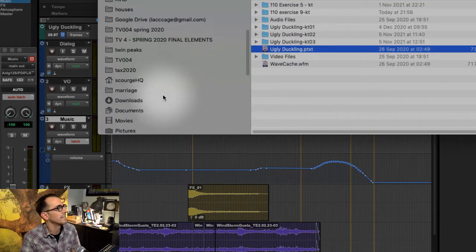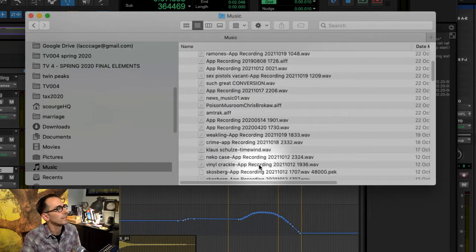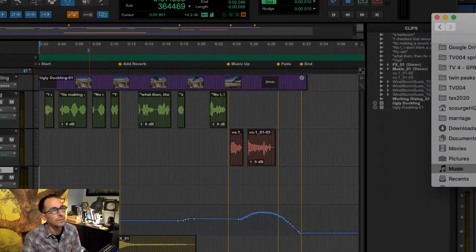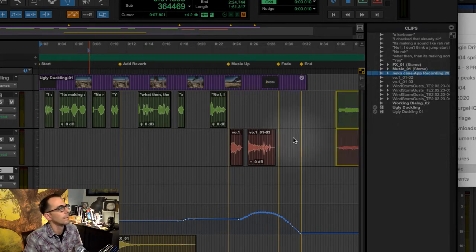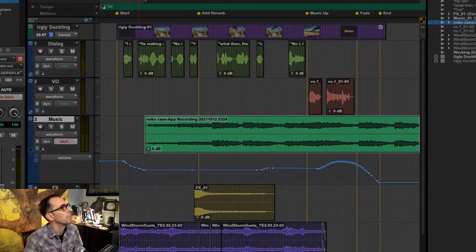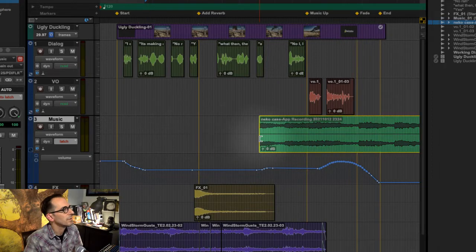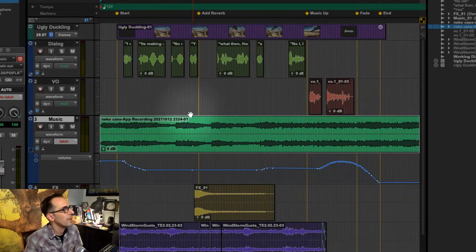and let's see here. Let's just find something really quick. Oh, here we go. I'll go to the middle part where it's pretty consistent volume. Okay. And you can see that even though I have a completely different track in here, the automation is still there. So if I play it,